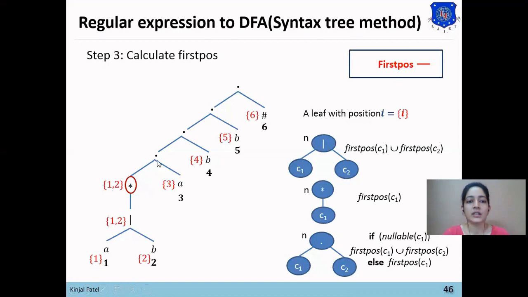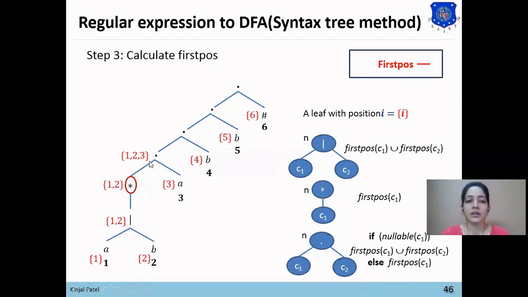Here the dot node has a first child with 1, 2 as first position, and second child has first position 3. So 1, 2 and 3 will be added in the dot node: 1, 2, 3. Okay, if first child is not nullable, then what will be performed? Then we will just copy down the first position of first child, which is C1.